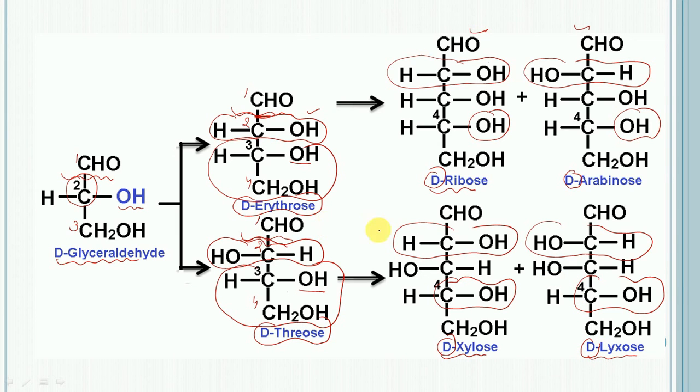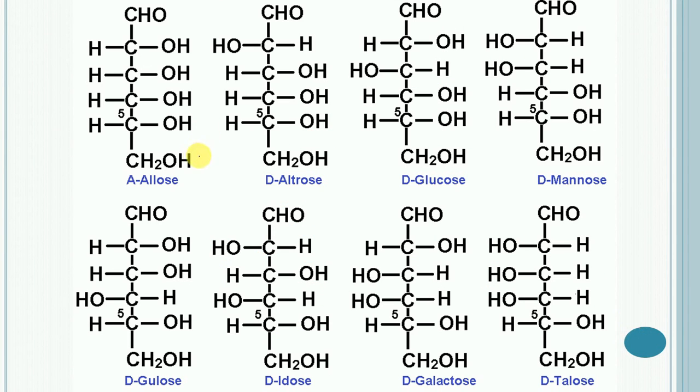Now again, the new chiral center that is introduced in D-ribose, D-arabinose, D-xylose and D-lyxose. So let us consider it. If D-ribose is considered, the new chiral center is introduced at carbon number 2. In the first case the hydroxy group that is